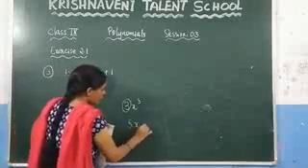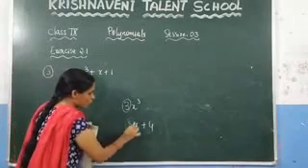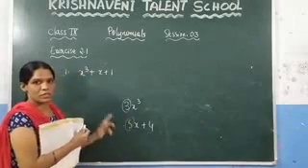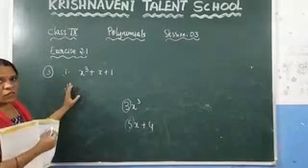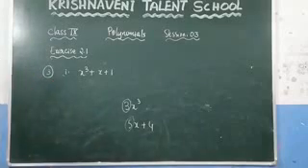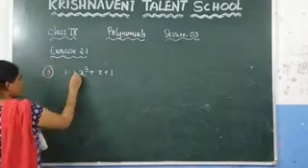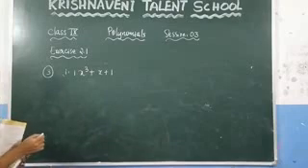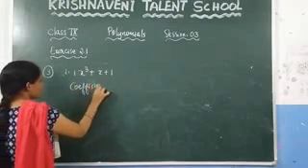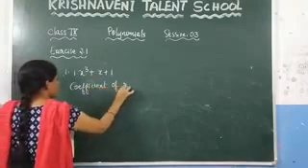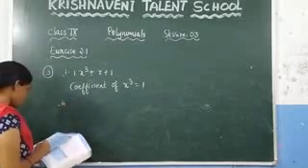Consider 5x plus 4. What is the number that is multiplying the variable here? It is nothing but 5. So 5 is the quotient. Like that, you need to check here. You need to write the quotient of x cube. In this, what is the quotient of x cube? If nothing is there, that means 1 should be there, right? 1 into x cube is nothing but x cube. So write here, the quotient of x cube is 1.